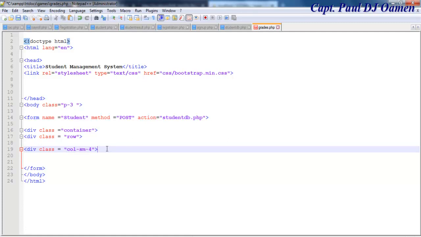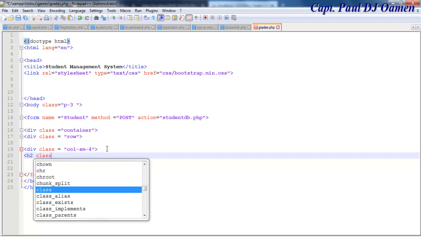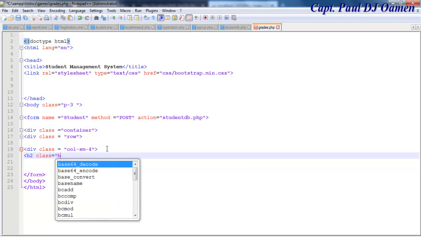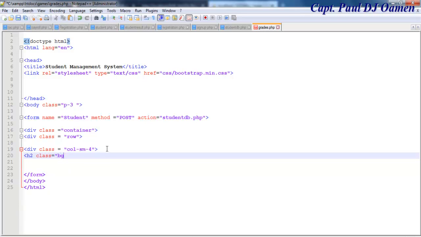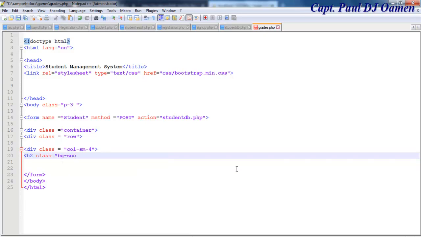And maybe I should just use this opportunity to enter a title in here. So I'm going to say H. Let's say the class for this is going to be background, and in the case of this background I'm going to just call it secondary. This you can find inside Bootstrap. So let's say secondary. Just go to the background, you should be able to see the different color, and the fonts would be,